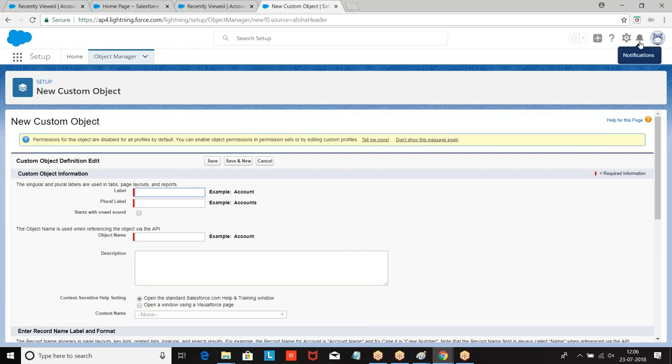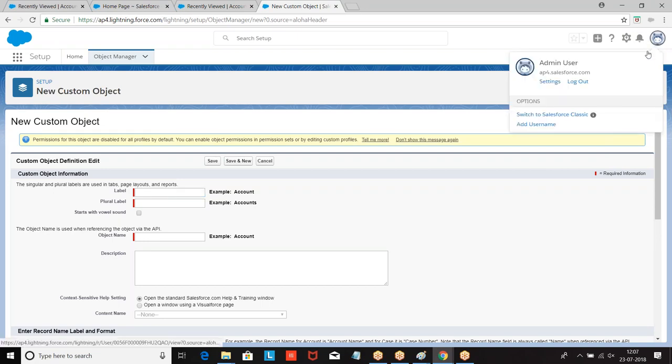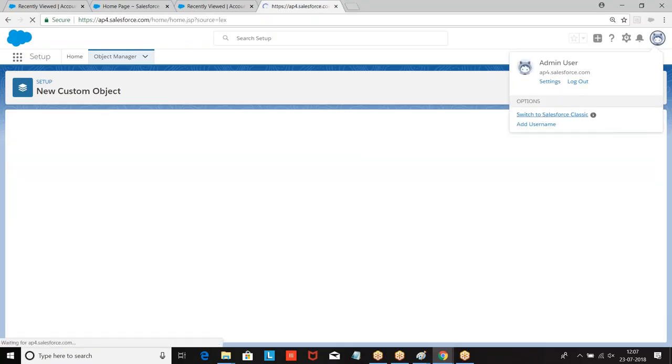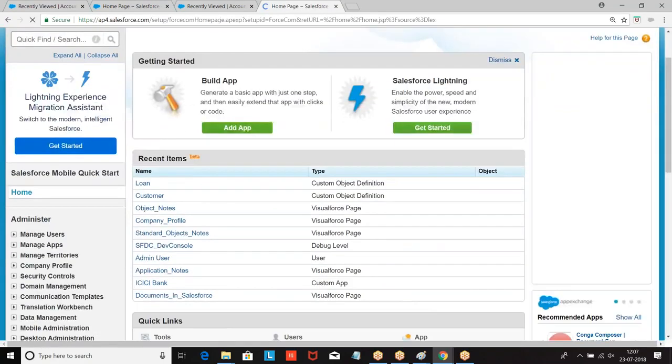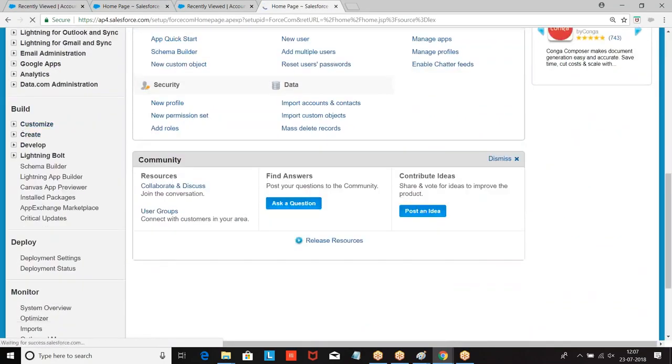Now, this is the standard navigation. If I want to create a group of objects, I cannot go through all this standard navigation. I want a quick create. If you want to create the objects quickly, then we have the schema builder format. What is the second format of creation? Schema builder. Look at this: setup, build, lightning bolt, schema builder.